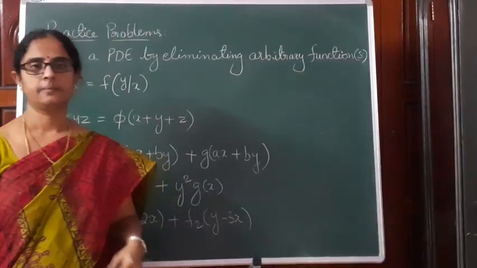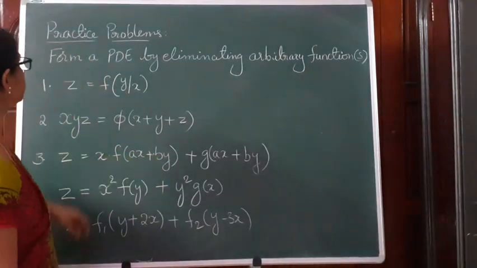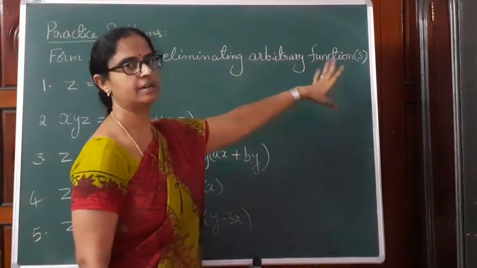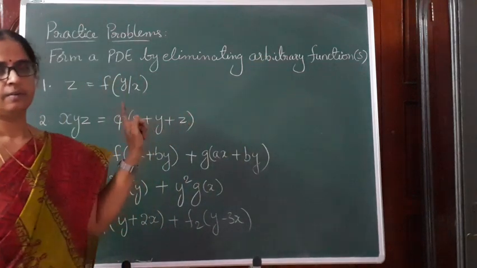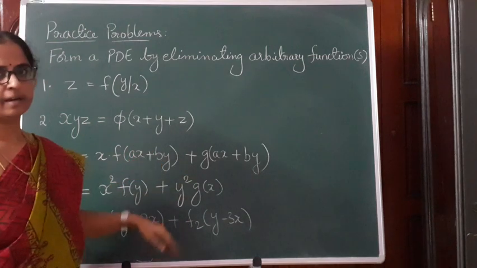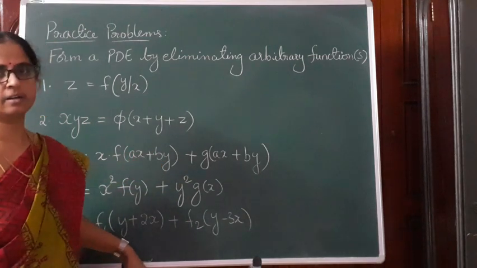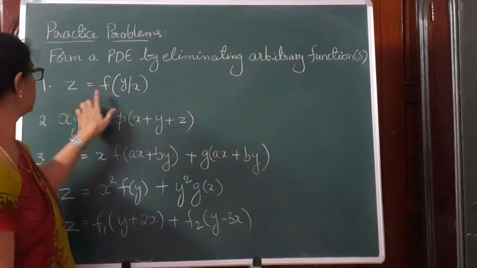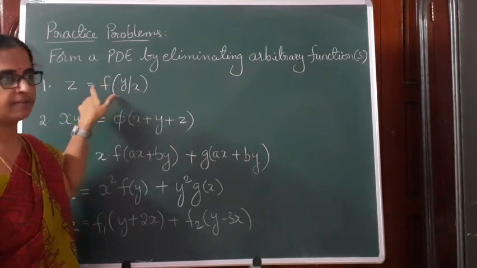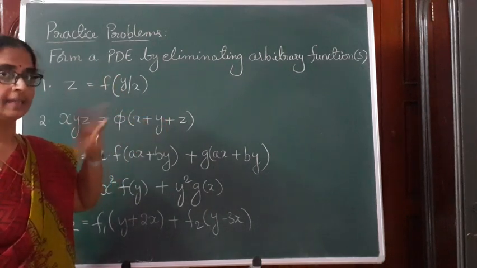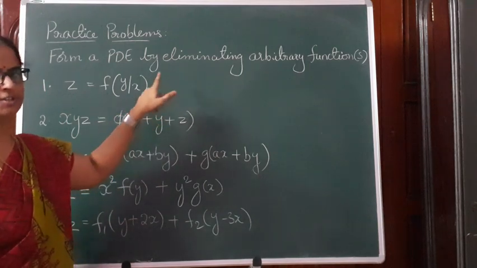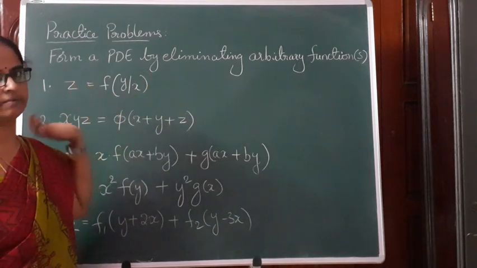Okay. So these are practice problems for you. Form partial differential equations by eliminating arbitrary function or functions. If there is one function, we get a first order partial differential equation. If there are more than one arbitrary functions, then we may get a higher order partial differential equation. In the first case, we have only one function, z is equal to f of y by x. So partially differentiate this equation once with respect to x, then with respect to y. Then from the three equations, maybe equation 2 by equation 3 cancels f